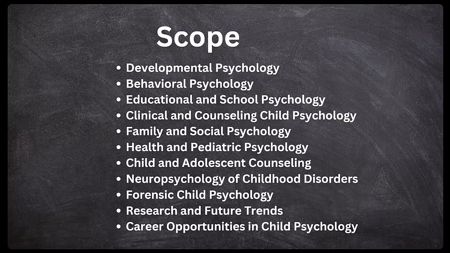And then come the language and speech development. How children acquire and develop language skills. Then moral development. How children learn right from wrong. And you know what? This thing is also given by a psychologist. Can you name a psychologist who has researched about moral development? Kohlberg. Kohlberg has given the moral developmental psychology.